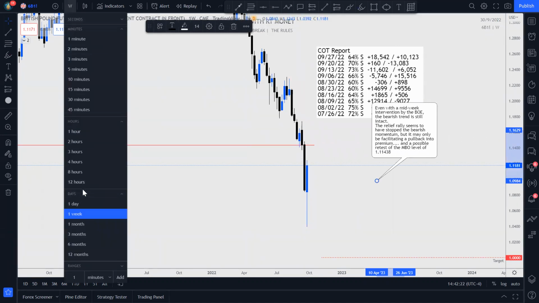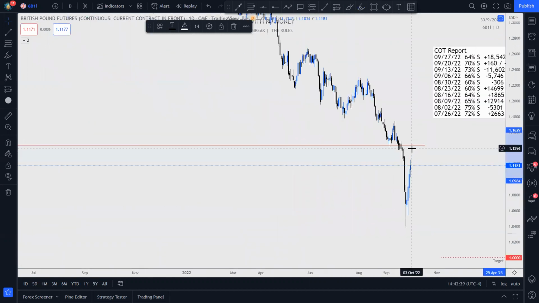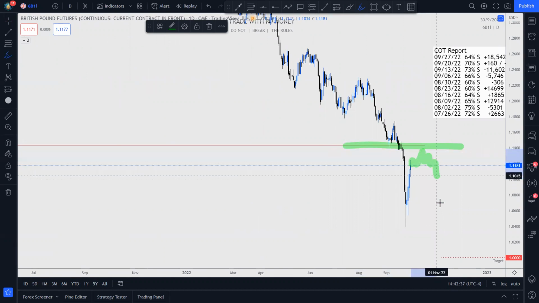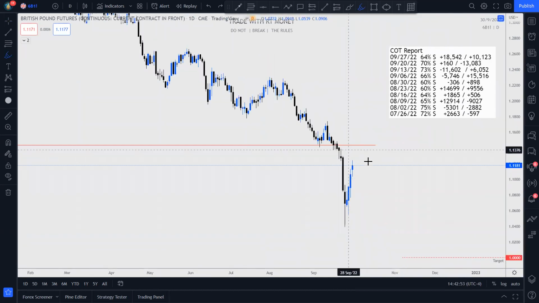But to what end? Let's go to the daily. This is an important breakout point. I believe price may come up and touch this line with a wick, and then we're going to start to see price round over and hit this target down here, which is, unfortunately, parity at the $1, 1-to-1 price point there.